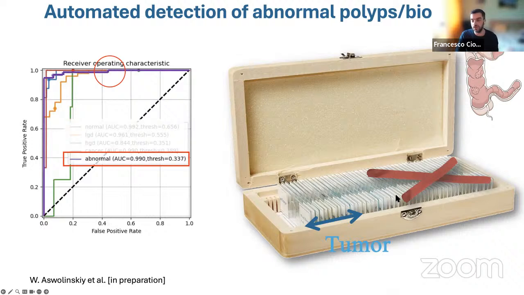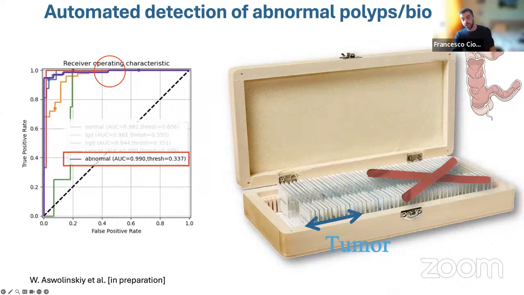So if you compare it to what is done in the clinic now, you could say if you run this algorithm, you can get rid of pretty much half of the cases because they are non-informative. Of course, it's not the totality of the non-informative, but you do detect all the tumors, so you don't miss any cancer, and you do have some false positives. Actually, about half of what you get is false positive, more or less, because of this false positive rate.